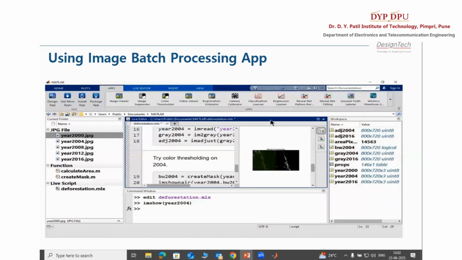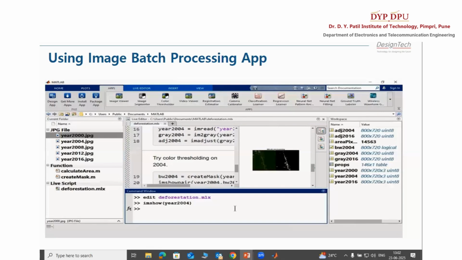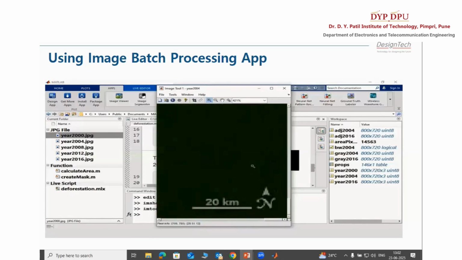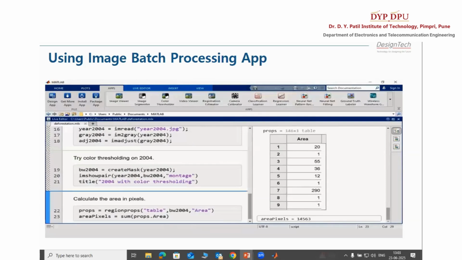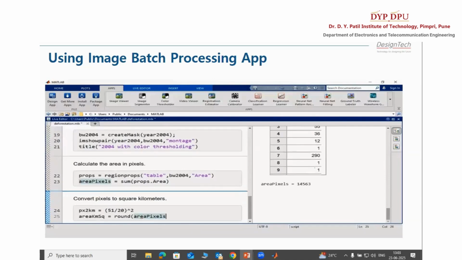Now one madam has asked for multi processing. We can do that over here, just click here. Once the image is there, you pass imtool. The length is 20 kilometers, and you can measure its pixel value. What is its pixel value? You just calculate 51.07 pixels to kilometers, 51 by 20, and convert it into square kilometers, so